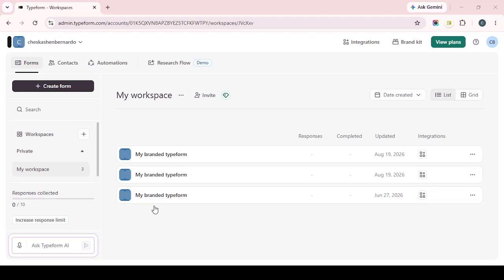In today's video, I'm going to teach you how to connect your Meta Pixel to Typeform if you want to track conversions more accurately and understand what happens after someone submits your form. Connecting your Meta Pixel is a simple and useful step. This setup helps send form activity to Meta so you can measure results, improve reporting, and support your ad campaigns